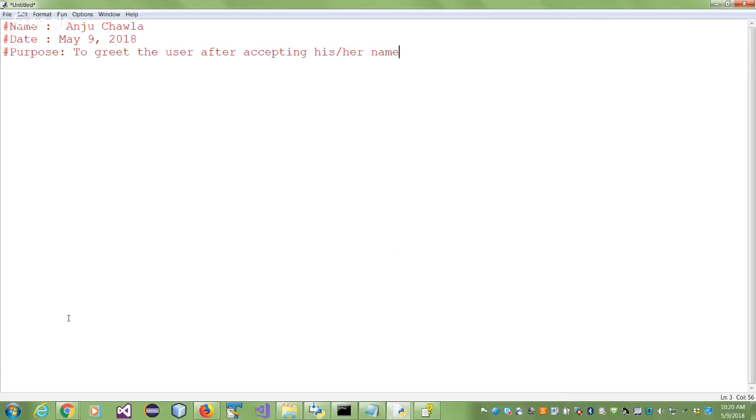Anything that starts with a hash and goes till the end of the line is a comment, completely ignored by the interpreter or the translator. You'll say, then why am I even writing it? You're writing it because all excellent programmers write comments in their code to keep in mind what they did 10 years back. I may look at this program after 10 years and say, what did I do in it? I don't understand it. And remember, programs are not 10 lines of code. Programs are thousands and thousands of lines of code. So comments are put for programmers, not for users.